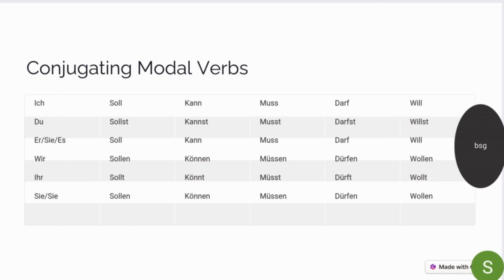Move on to the next, wollen. The ich form of wollen is will. The du form is willst. The er, sie, es form is will. The wir is wollen. The ihr form is wollt, and the Sie form is wollen. One thing you have noted is that the infinitive is retained at the Sie and the wir. Also, take note of the umlaut, and also